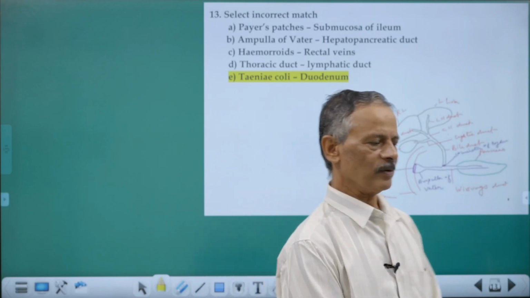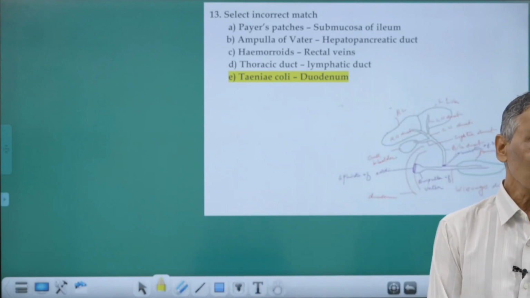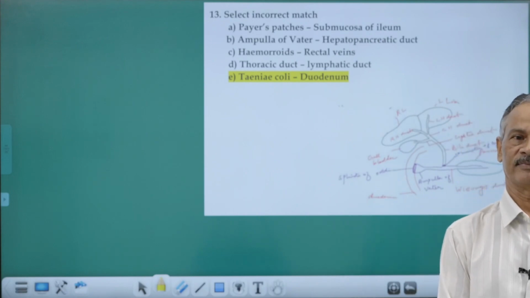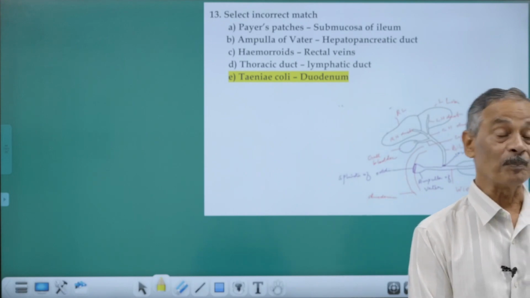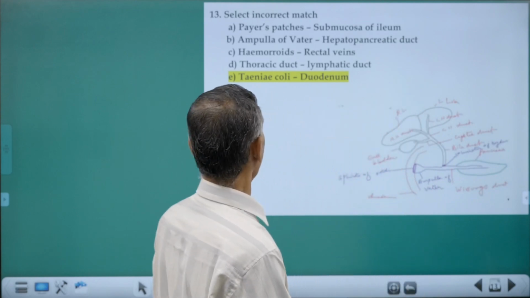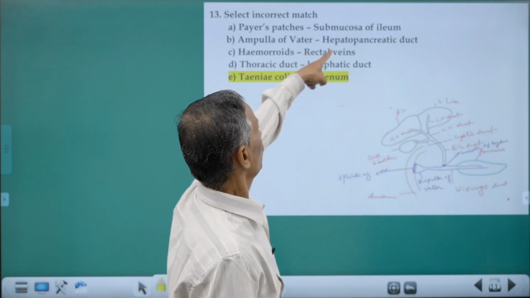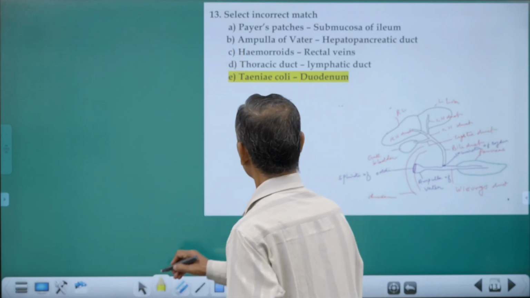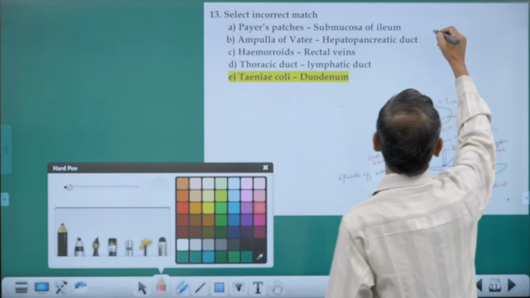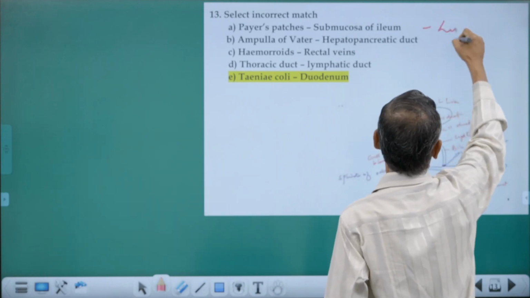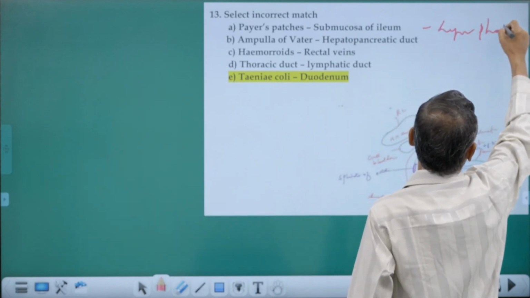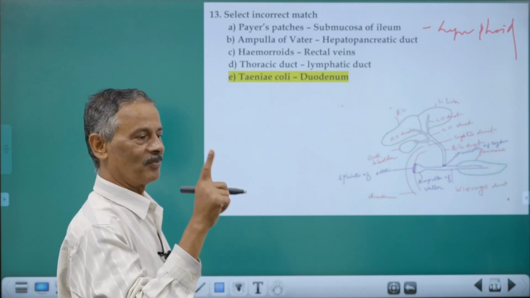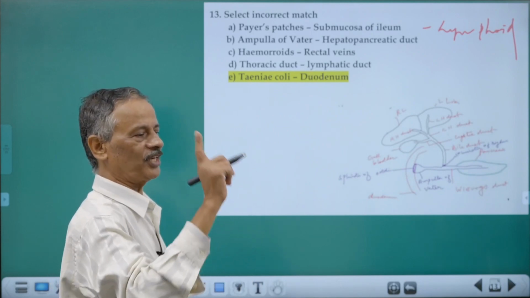Peyer's patches are masses of lymphoid tissues in the submucosa region of the small intestine. They form